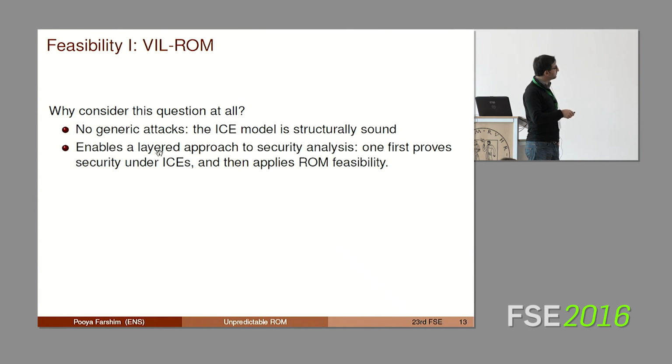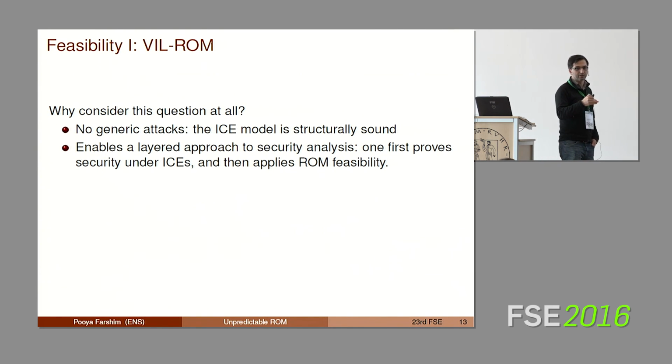But there are two points for this. The point is that if you establish such a thing in the variable input length random oracle model, you'll basically establish that the definition is structurally sound, that there are no generic attacks on the definition. And it also enables a layered approach to security in the protocol analysis. So you can first design a protocol, then analyze it with respect to an ICE, and then finally instantiate